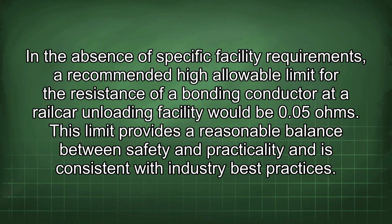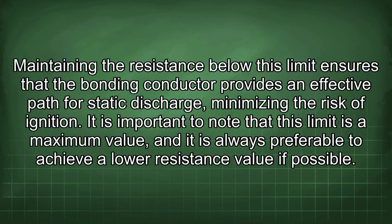In the absence of specific facility requirements, a recommended high allowable limit for the resistance of a bonding conductor to a railcar unloading facility would be 0.5 ohms. This limit provides a reasonable balance between safety and practicality and is consistent with industry best practices. Maintaining the resistance below this limit ensures that the bonding conductor provides an effective path for static discharge, minimizing the